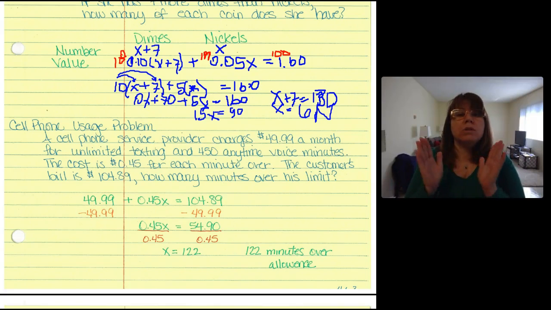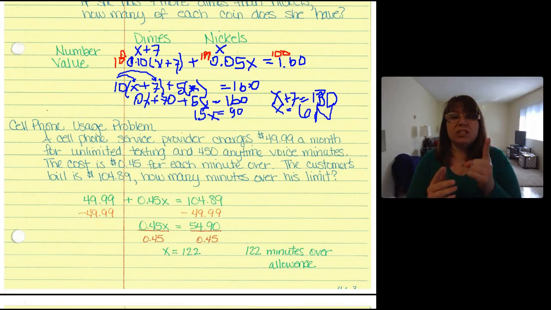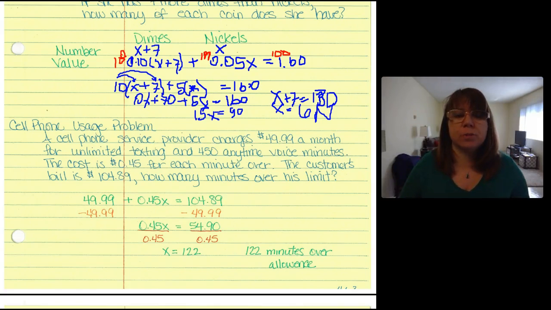I know my total amount of my bill is going to be my flat charge, my $49.99, plus the charge per minute times the minutes I used. So if I set this up algebraically, it's going to be 49.99 plus 0.45x, because I don't know how many minutes I used, equals 104.89. Subtract $49.99 from both sides,